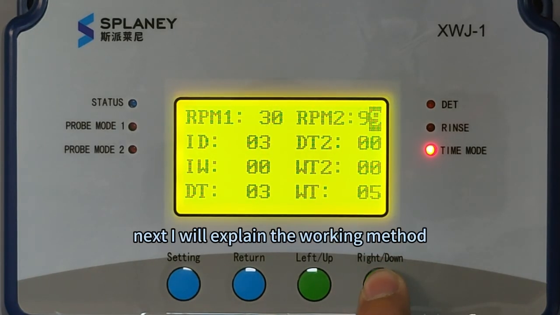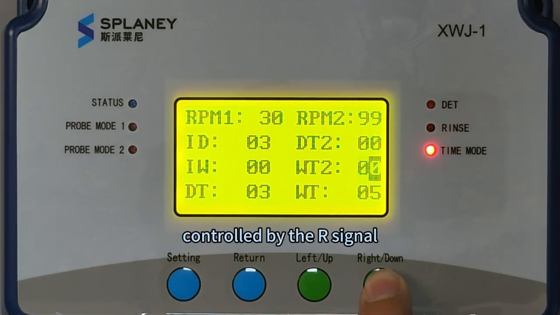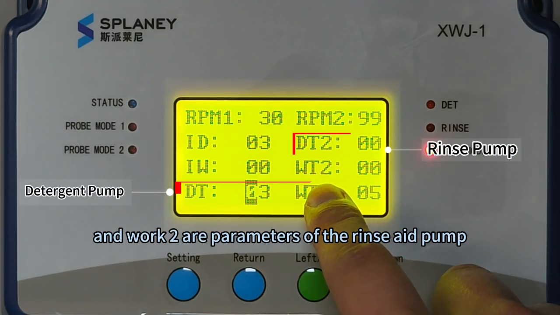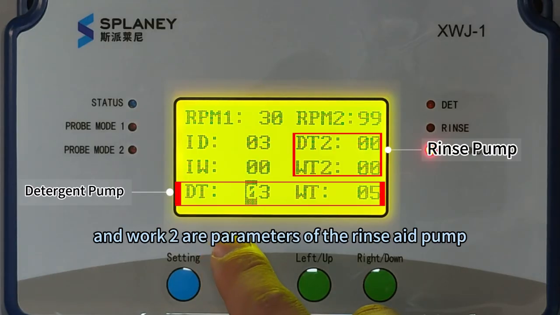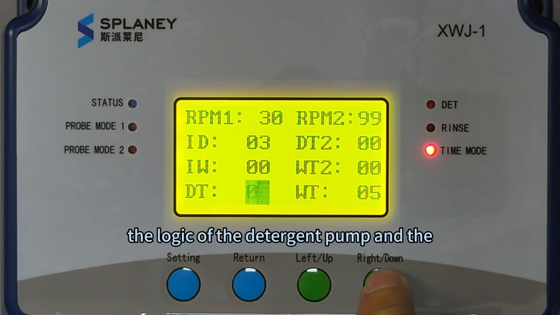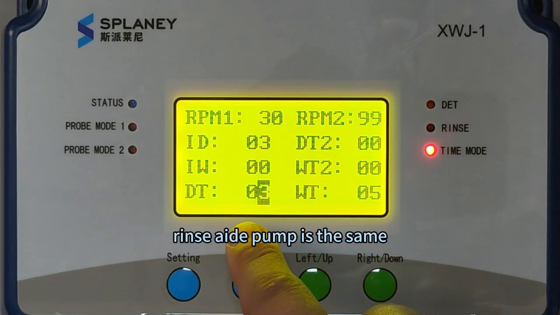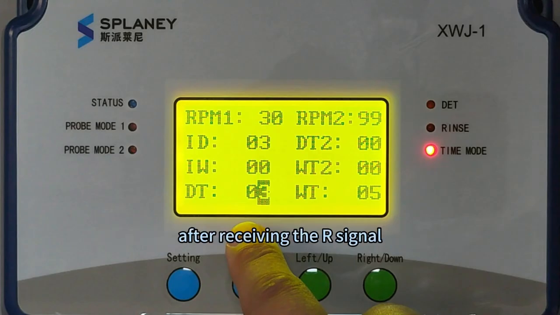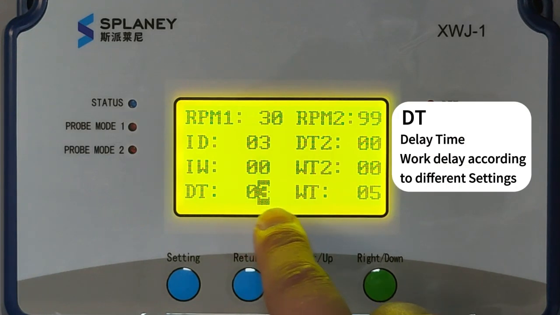Next, I will explain the working method controlled by the R signal. Work 1 and delay 1 are parameters of the detergent pump, and delay 2 and work 2 are parameters of the rinse aid pump. After receiving the R signal, the logic of the detergent pump and the rinse aid pump is the same, so the logic I am explaining applies to both pumps. After receiving the R signal, the logic of the detergent pump is divided into 4 scenarios. The first scenario,